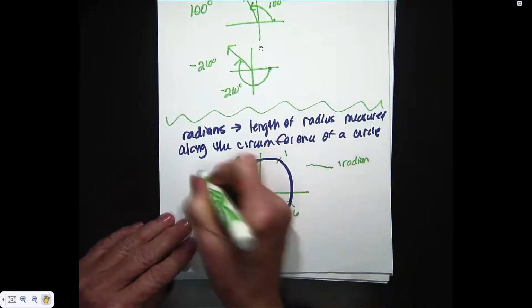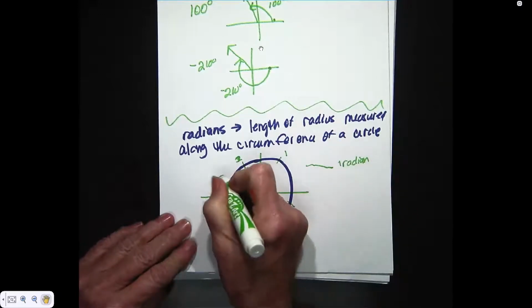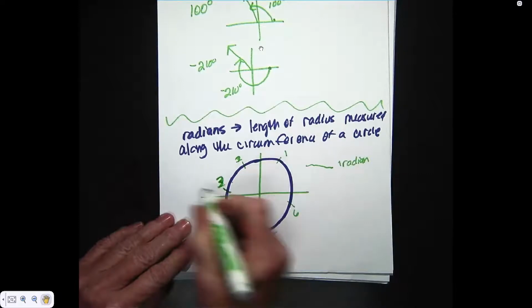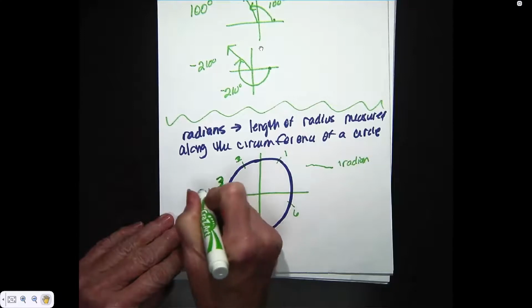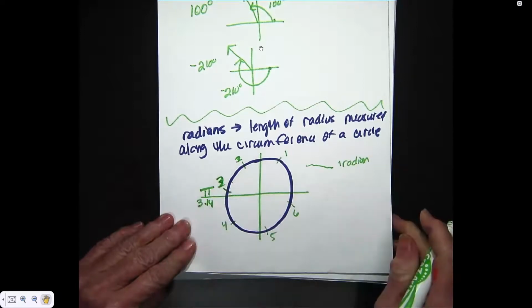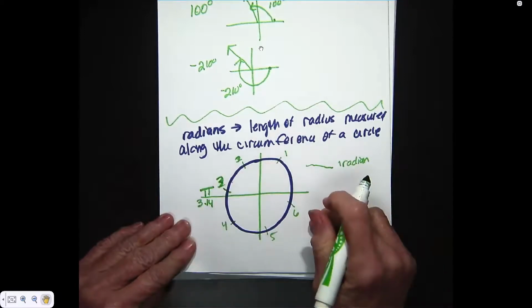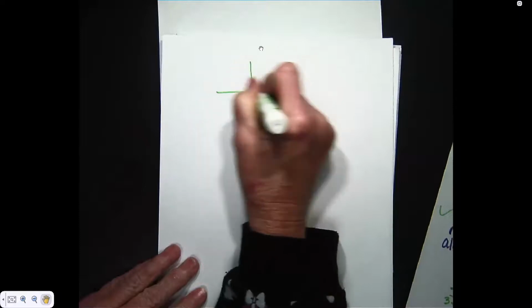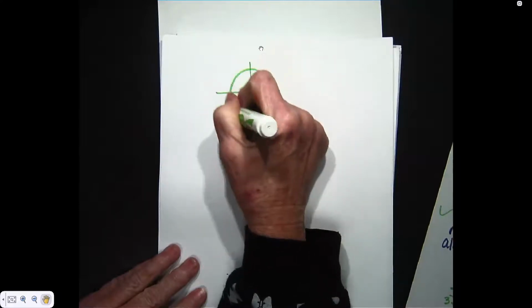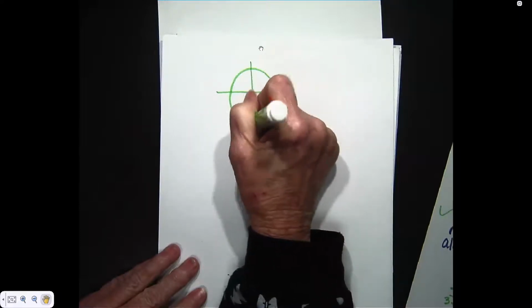So when you look at this, this is 3 and a bit radians. Actually, it's 3.14 or pi radians. So when I'm marking it off, that would be telling me how much one particular radian would be. So if I was looking at this now, and I know I can go all the way around the circle,